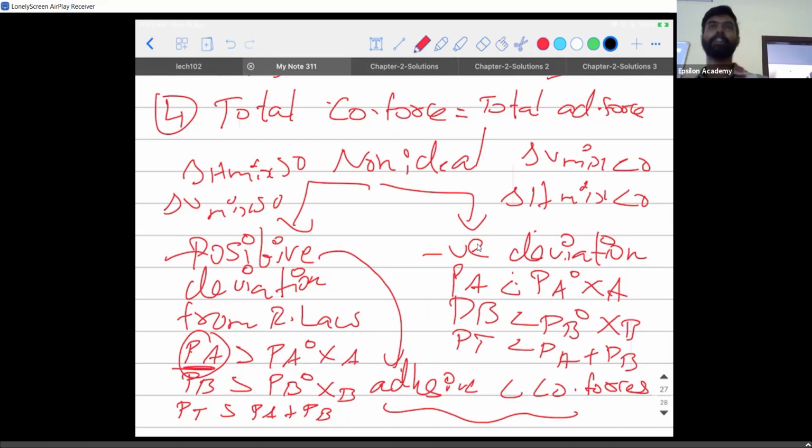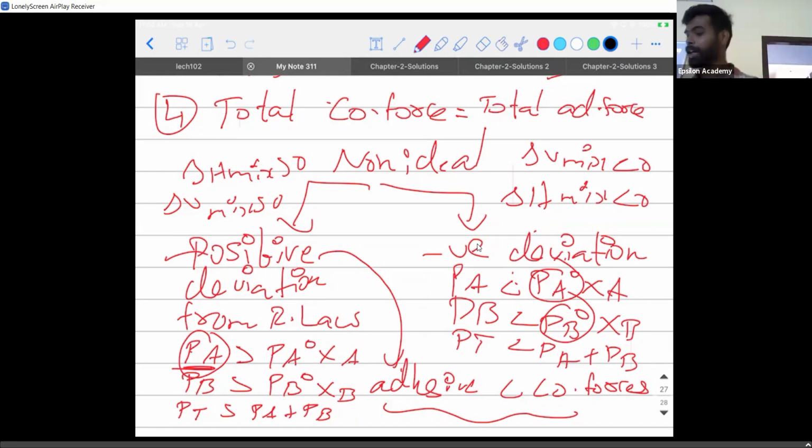Initially, when only the pure liquids are there, solute-solvent interactions are very weak. And that is why PA naught and PB naught are greater, because now the pure liquid is easily going to the vapor phase. More amount of vapor, more evaporation. But when the solution is formed, the solute-solvent interactions are very strong compared to the previous case. Now the liquid is finding it difficult to go to the vapor phase. Less amount of liquid will go to the vapor phase, so less vapor pressure.